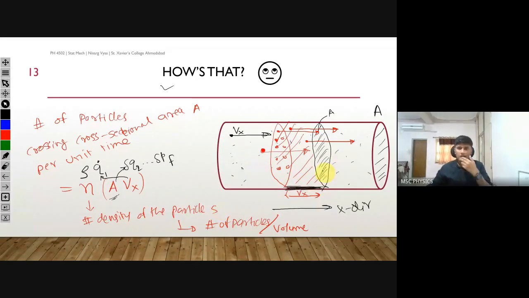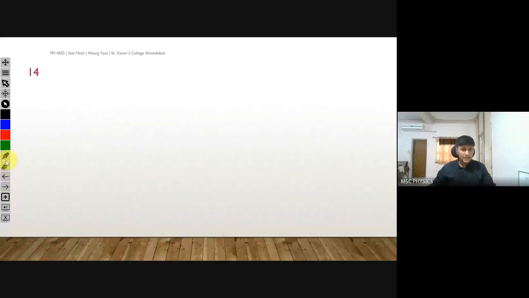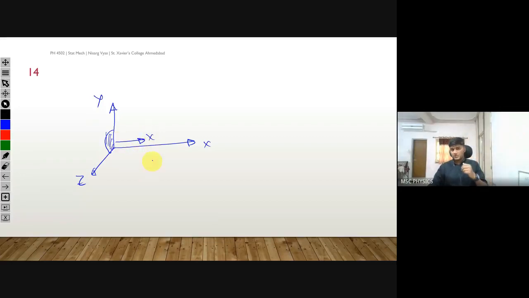Let me give you a simple example here. After that example, if you don't understand, I'll try to explain it to you tomorrow. Just for today, let me explain it like this: x, y, and z. We took this as the x-axis, so let's take this as the y-axis, and this is the z-axis. Now the area was in the yz plane, as we all know, and our velocity was in the x direction.